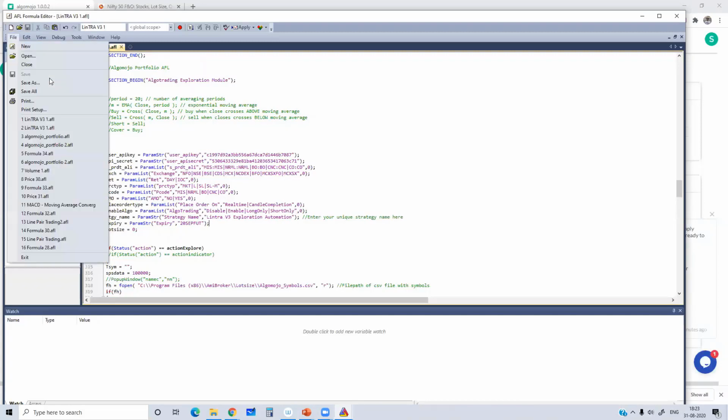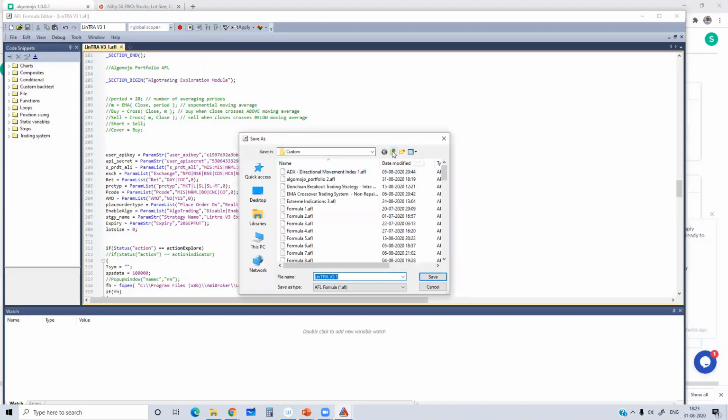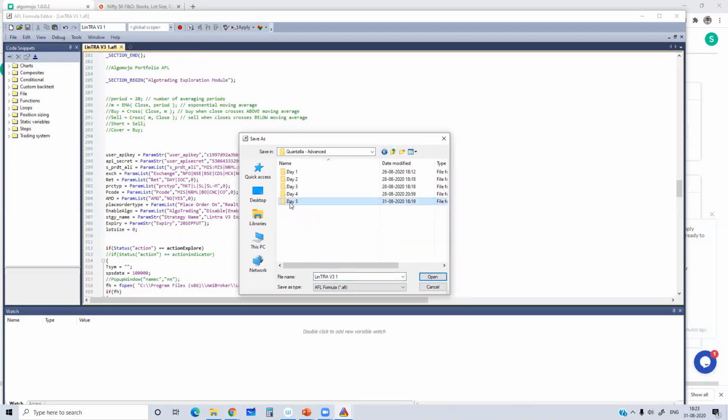Again, file, save as, save the code. Save it inside the Quanzilla Day 5 module. So let's say Lintra V3 exploration automation module.